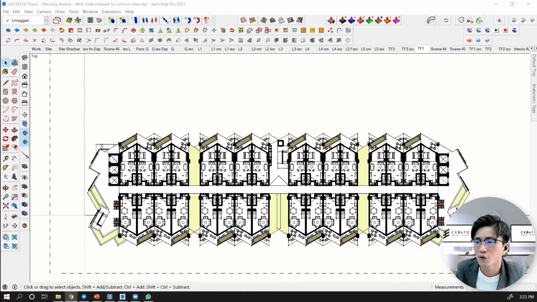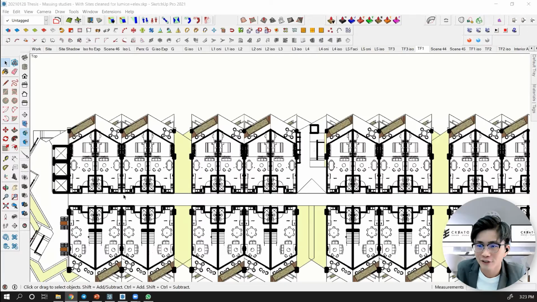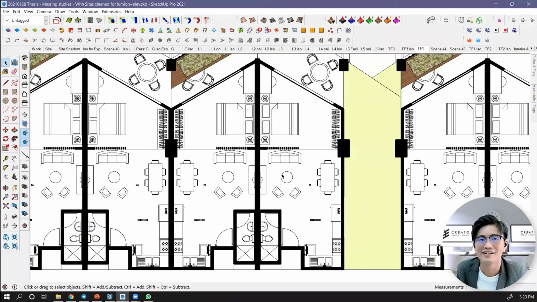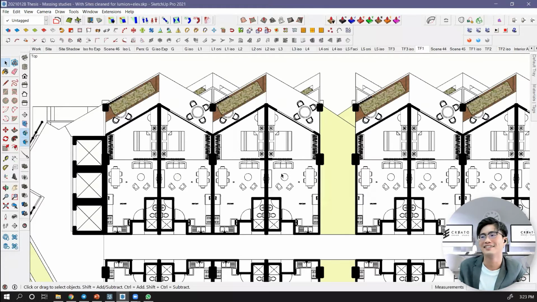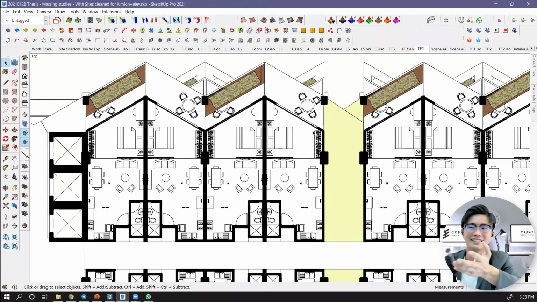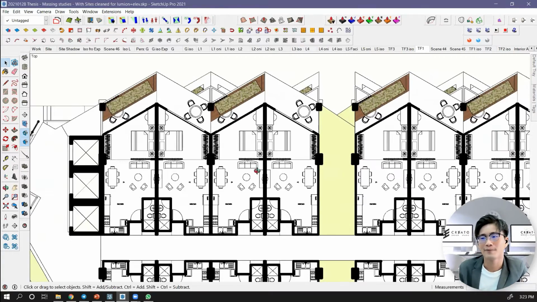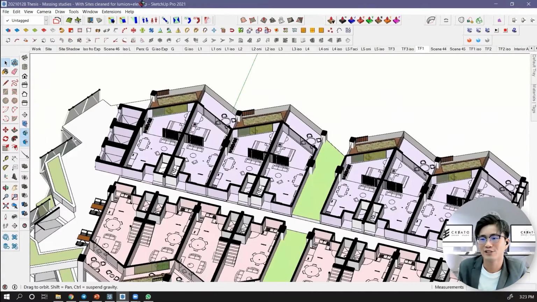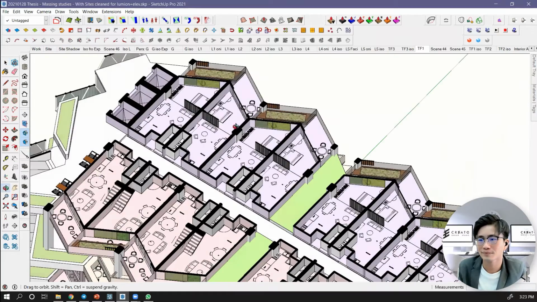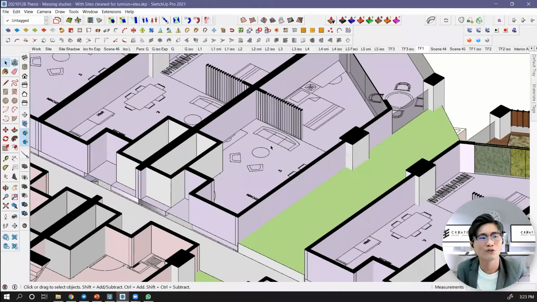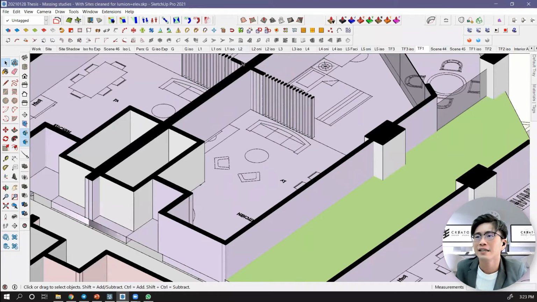When I zoom in, you can see there are also drawings inside my SketchUp. The layout is done in SketchUp also. When I tilt it to other angles, you can see the drawing is there. Isn't it good for you to export drawings?